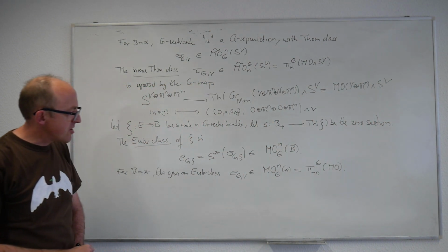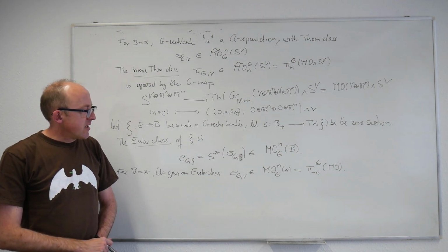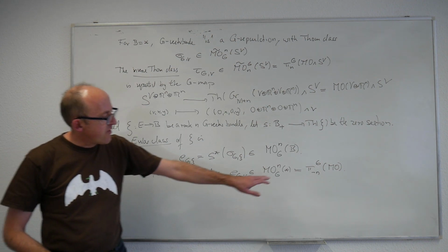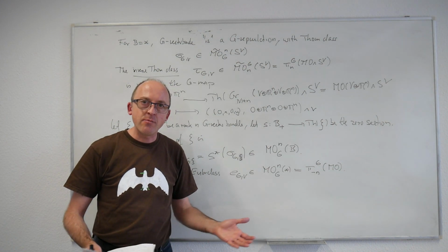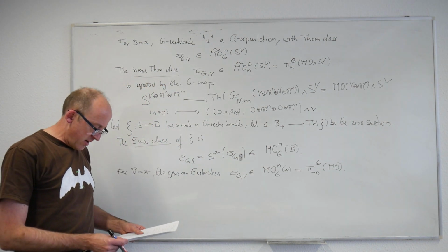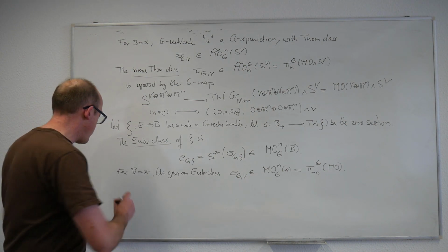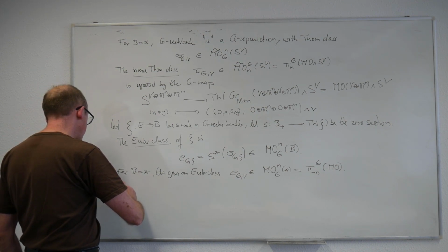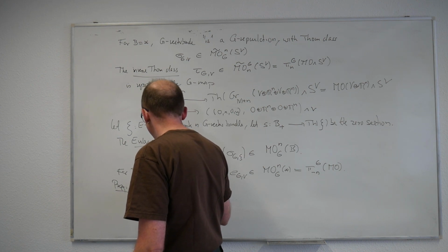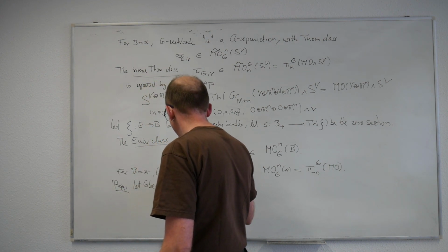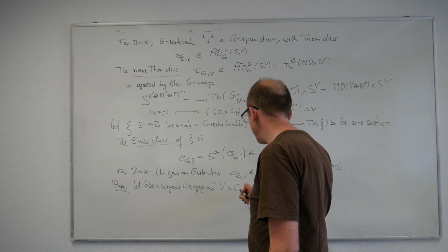I will write down a proposition that says that this Euler class is generically non-zero. It's even better than that. In particular, this will show that there are non-trivial equivariant homotopy classes in negative dimensions, so MO is not equivariantly connective. Now, it's not the case that this is non-zero in general. For this, we have to assume that there are no fixed points. So here's the proposition. Let G be a compact Lie group and V a G-representation with trivial fixed points.